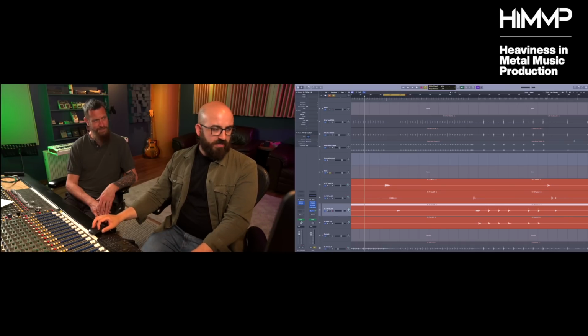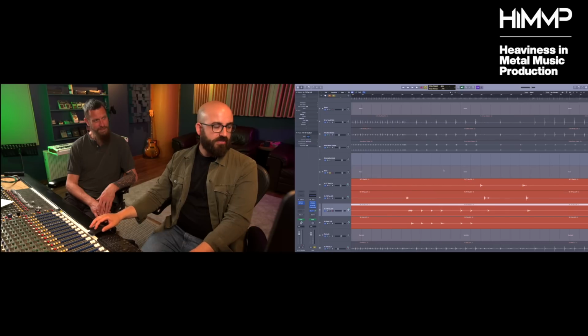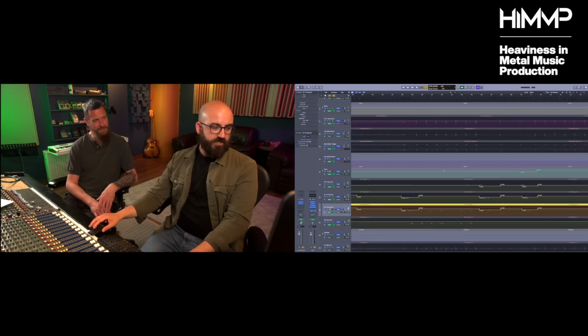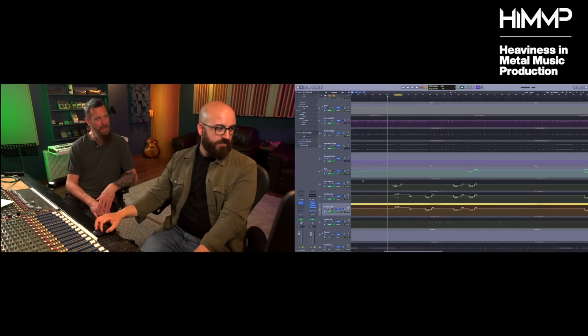I haven't done much dynamic EQ or anything. But I do remember going, it looks like I've done automation on some of the tom hits, just trying to flatten them out so that some fills aren't way louder than others. So, for example, on this one.